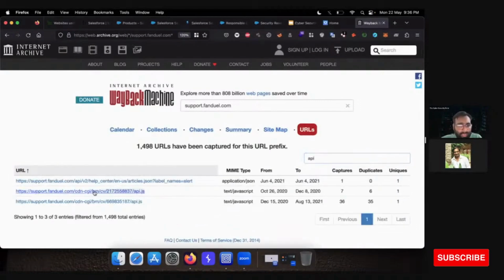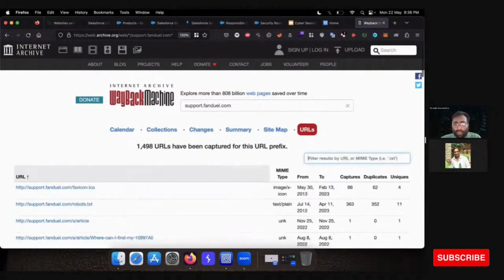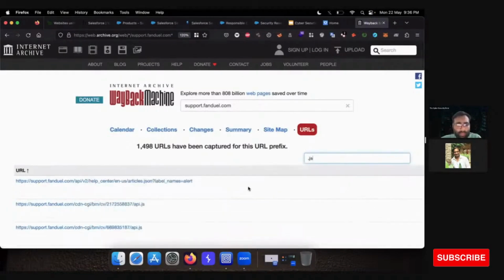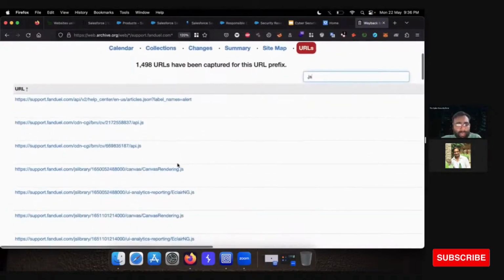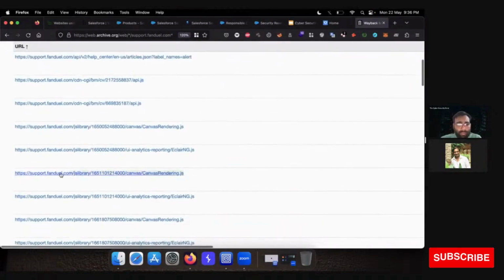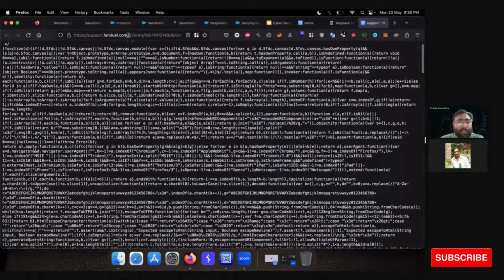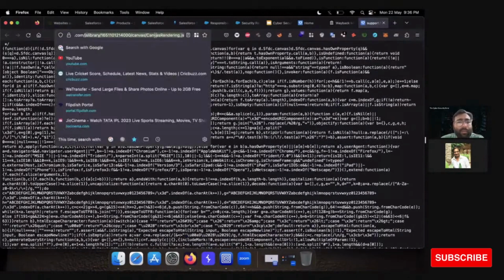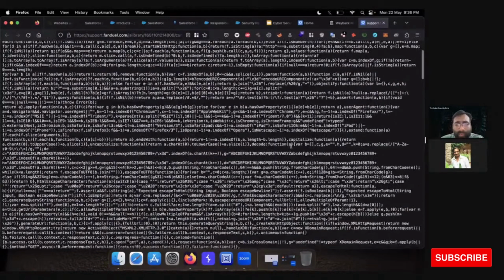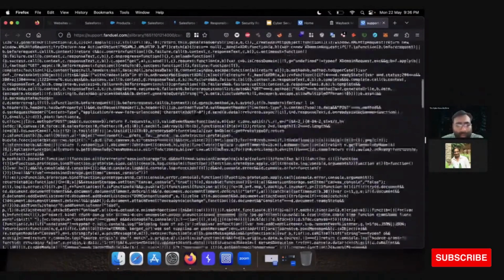We have some JS files. Let's find some JS. We have some API-related JS, so let's open this JS file. This is the JS file displayed here, and you can find some tokens or passwords in a JS file.